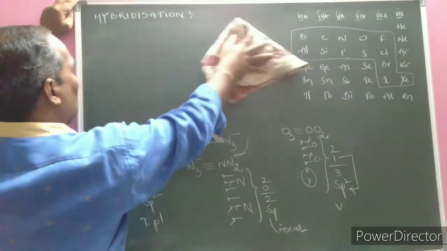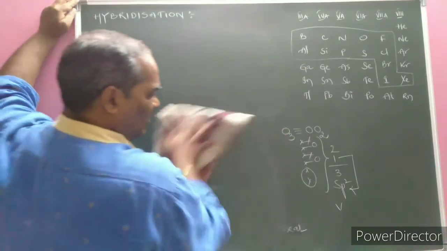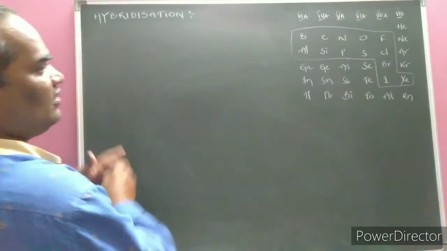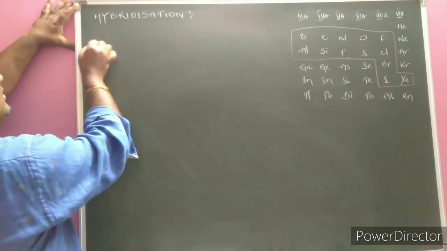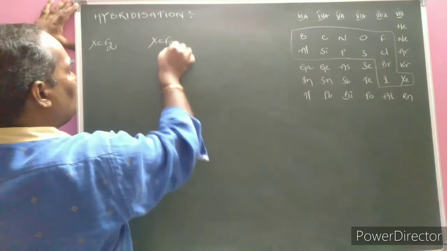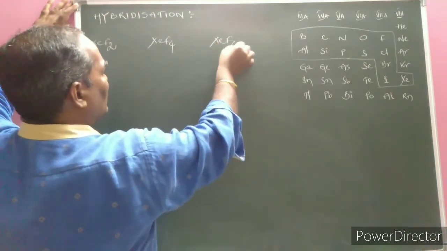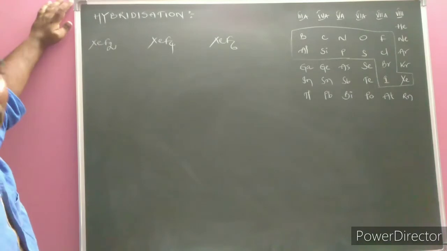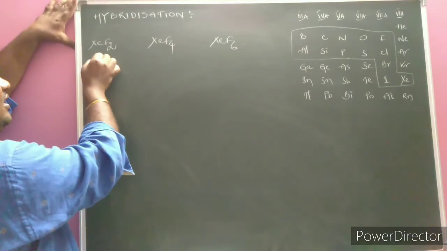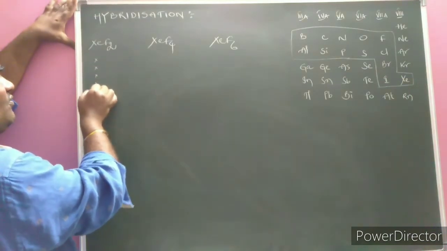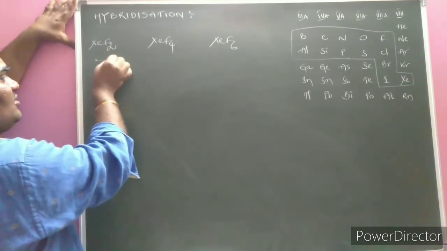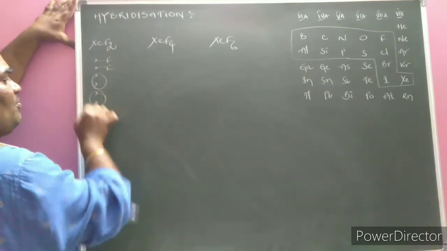Next one. Here, for some molecules we need to calculate the hybridization very fast, like XeF2, xenon difluoride, xenon tetrafluoride, xenon hexafluoride. A previously asked question was about the ratio of lone pairs of electrons. Xenon belongs to group 18, hence 8 valence electrons. How many fluorine atoms are present? Here it is 2. Number of lone pairs is 3.